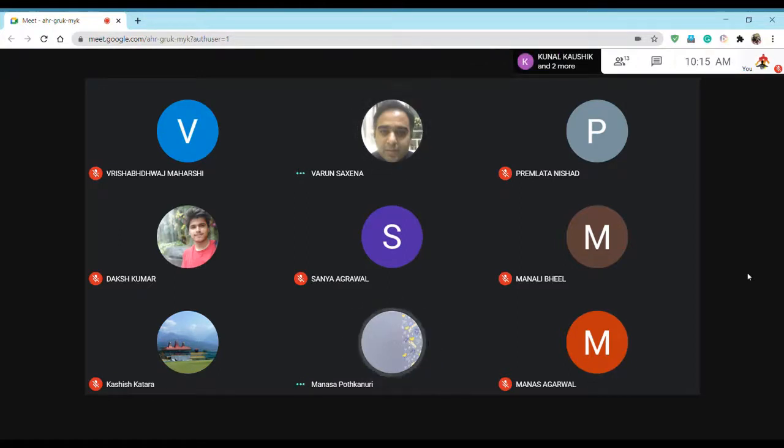I think by Sunday, or maybe today only, I will put up the syllabus for control systems. We have covered most of the things. I just want to cover one more thing, which is Bode plot, and if we have a Saturday class, that will also be taken care of. So in the last week, we can just do some simple revision for control systems, and the entire syllabus is over.